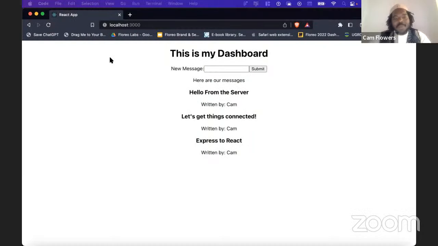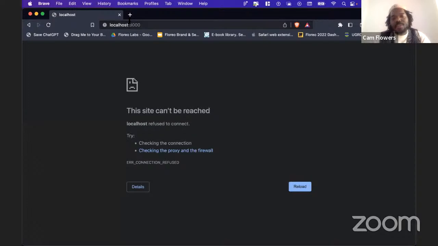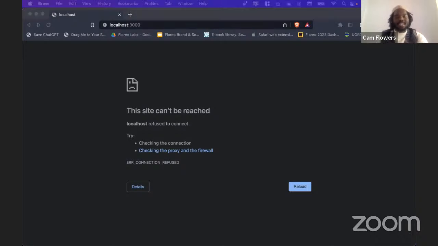Now that I stopped those servers, if I were to rerun this, clearly localhost 3000 is not running because I just stopped that server. So we'll get back to the point where we get our front end up. First, let's start the process of creating the infrastructure that we need in order to build this application as a full stack application, including client side and